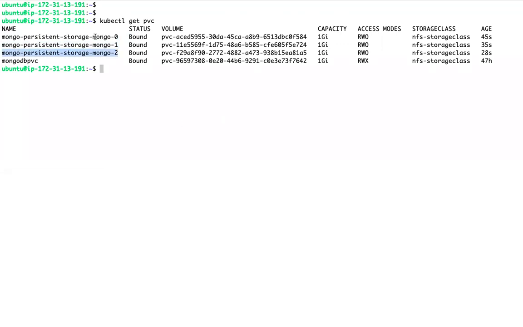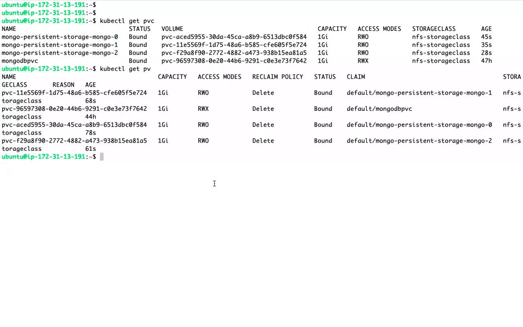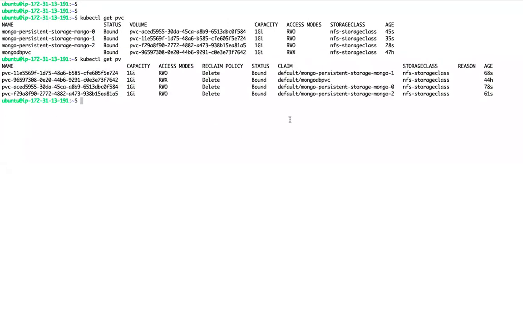How many PVCs are there? Three. Then each PVC created one PV. So this one and this one. Who created these persistent volumes? The dynamic provisioner storage class.